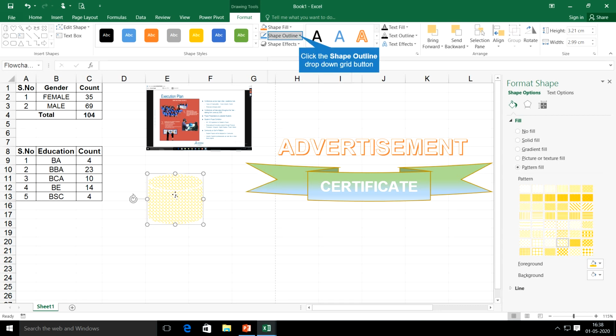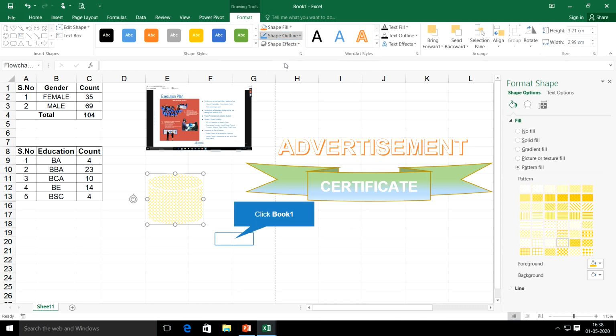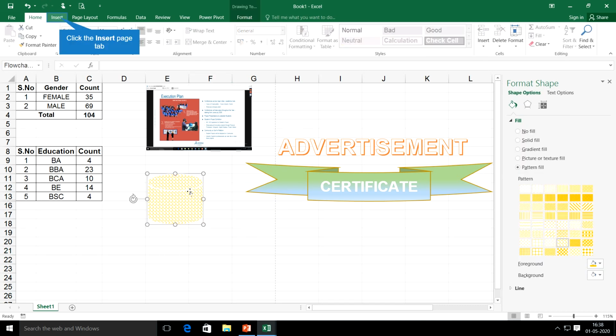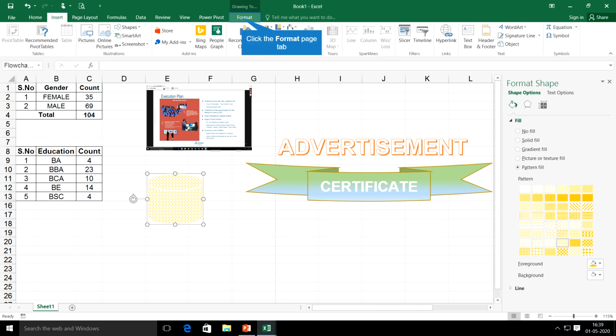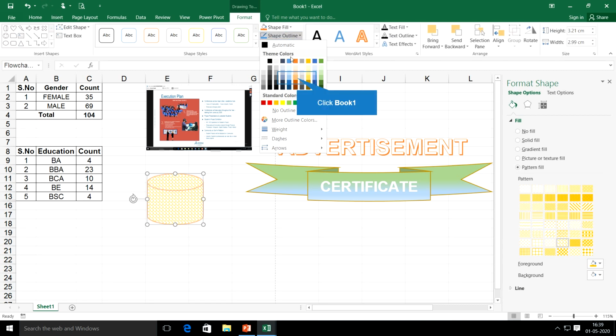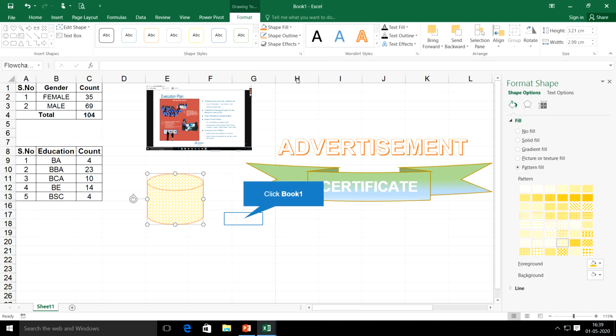Okay, so I need to draw a border for this, so I can go to this shape outline, where I can choose any color as I want. Before applying this border, this is what the image appearance is. So now I'm going to apply a border for this shape. Going to the insert menu, there I can find the format menu. There I can find shape outline. In the shape outline I can choose the color in which I want to give the outline. Then I can choose whichever I desire.